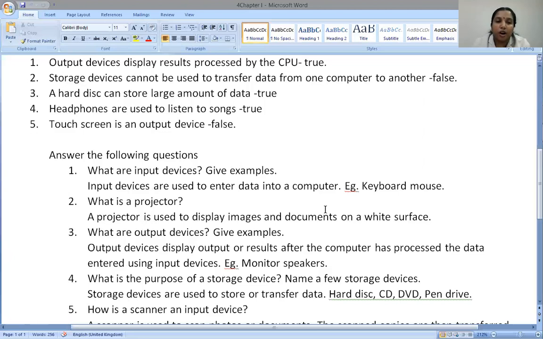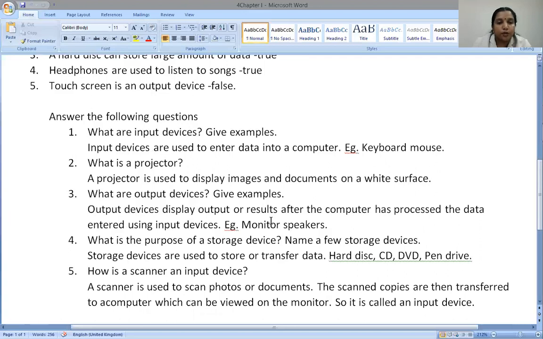Then third question, what are output devices? Give examples. Output devices display output or results after the computer has processed the data. So after processing the data, the output devices display the result on the screen. Once more, output devices display output or results after the computer has processed the data entered using input devices.